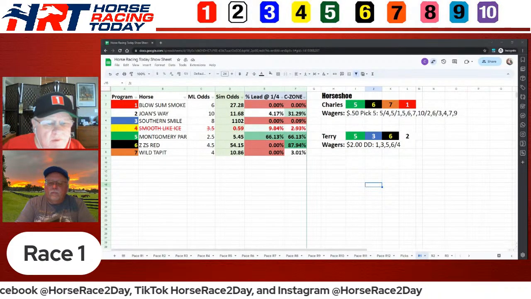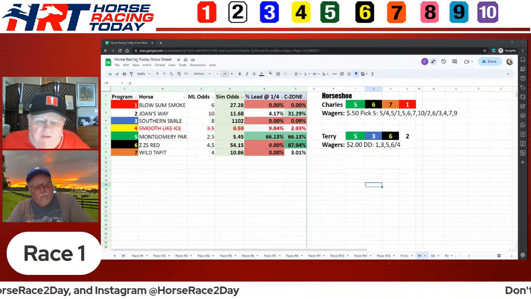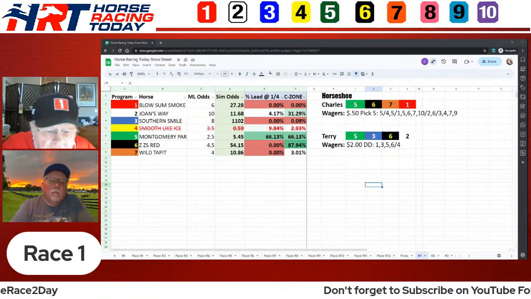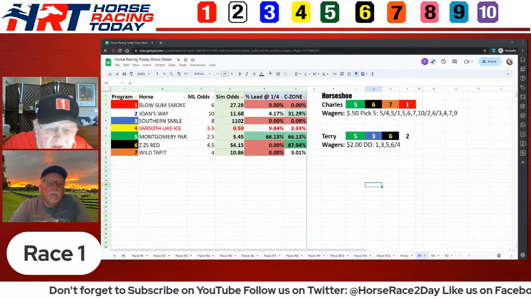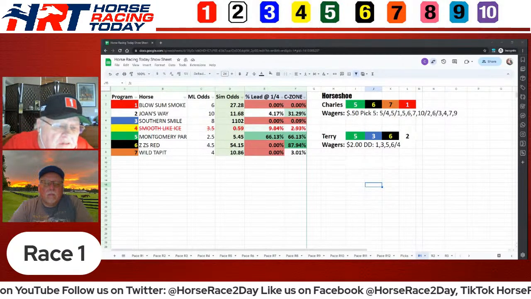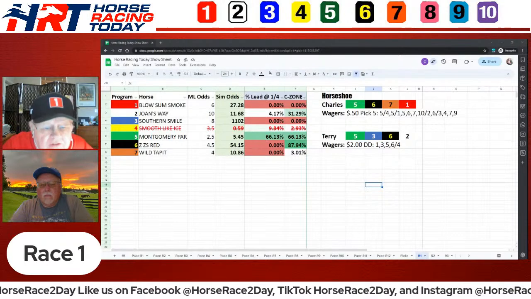The 3, Southern Smile, is my second pick. She has an early speed style that helps her chances. She has a high percentage winning trainer. This trainer wins 19% of the sprint races he has an entry in, and she has a high percentage winning jockey in the last 7 days. It won 7 out of 20 starts. That's pretty nice. Number 6, ZZ's Reds, my third pick, ran second versus in her last race,